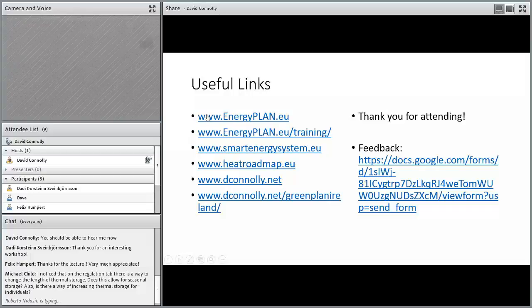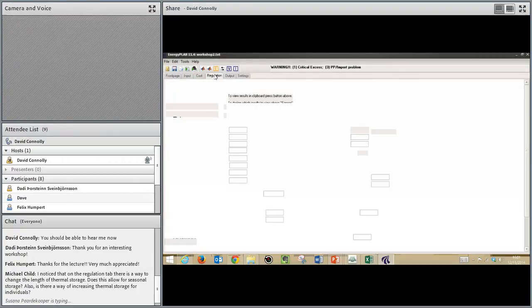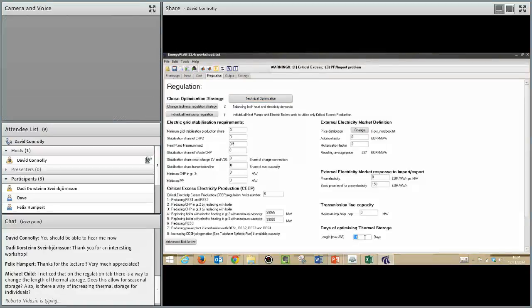So I just got two questions from Michael. In relation to the first one, I'll just go to the regulation tab sheet. This input on the bottom right is a way of changing the length of time over which a thermal storage is optimized. Right now, you can imagine that people who own a thermal storage device cannot predict what the weather will be like in 6 months' time or 12 months' time or so on. So we have put in a default value of 2 weeks, saying that people who operate the thermal storage have